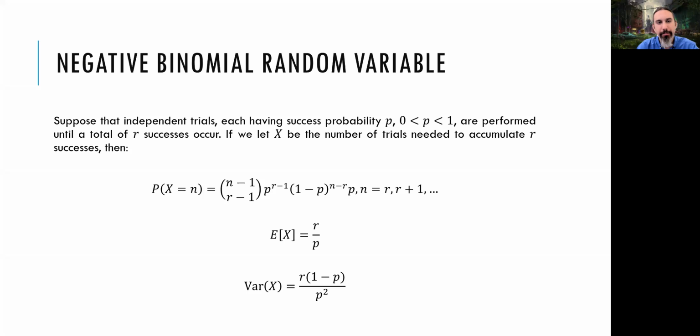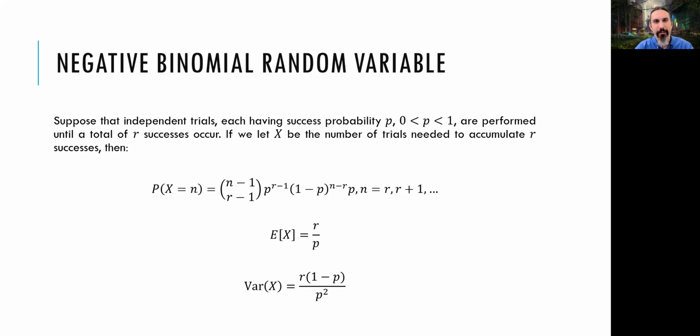Now we have the negative binomial random variable. With negative binomial random variables, the name suggests something to do with the binomial random variable, but it's a bit different. It's a mixture of geometric and binomial, let's say. We are looking for r successes. We are going to keep doing trials until we gather r successes. With a geometric random variable, we are looking for just one success and we would stop there. With negative binomial, we are looking for r successes. So the last trial is going to be a success, that's for sure. But anything before the last trial can be success or failure. But it has to have r minus 1 successes, because the last one is a success, for a total of r successes.